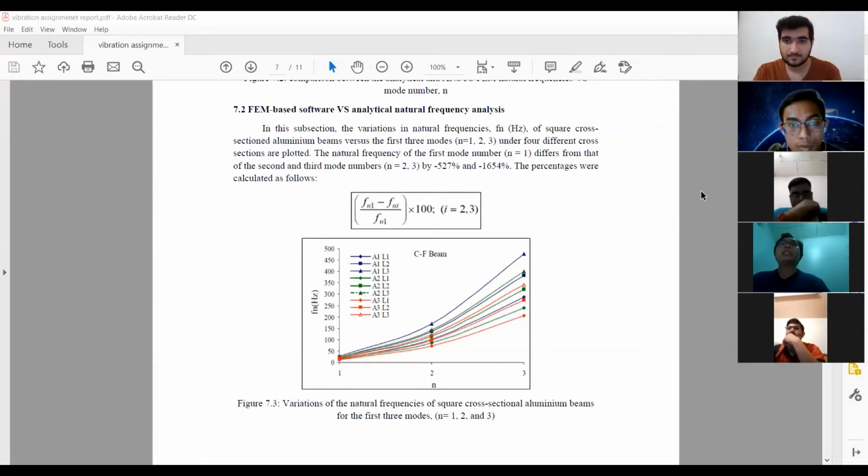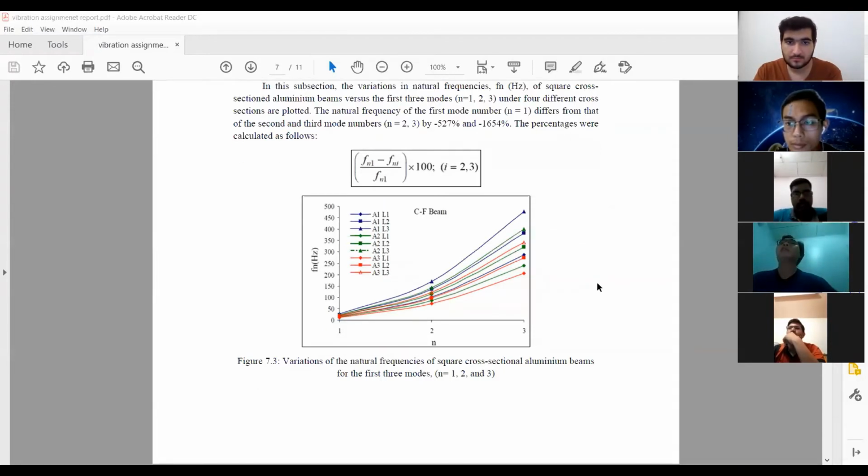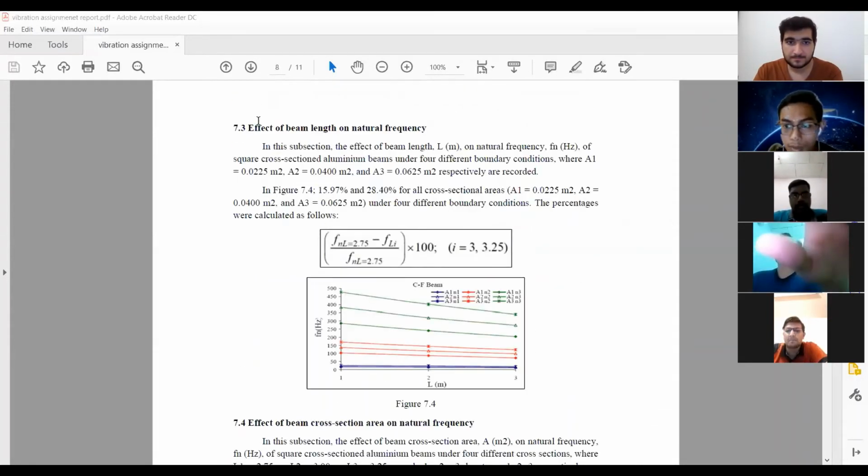As you can see in the diagram, these are all the results posted from the different lengths and cross-sectional areas of the aluminum bars. Okay, so the third part of the experiment is the effect of beam length on natural frequency. Basically, this part is where we observe how the length of the beam affects the natural frequency